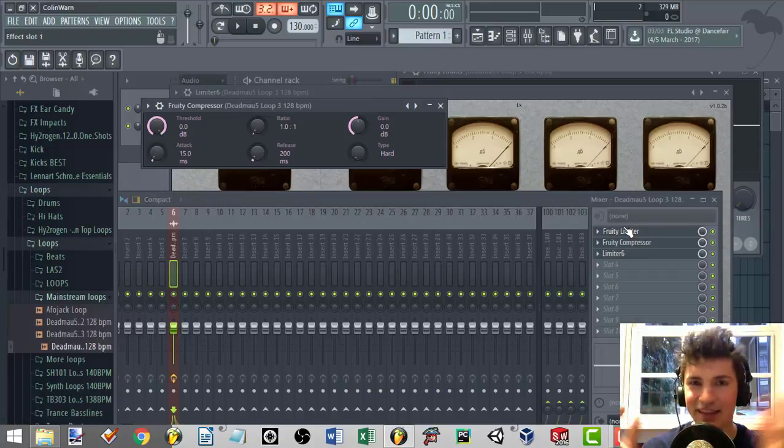So before we even get into what all the knobs do, we need to remember why we are using compression. It's no use just throwing plugins on because I like seeing long stacks of effects on my channel rack. All you need to know about compressors: compressors are automated volume control. That's it. So if you ever have a track, for instance, like we'll have one in the background that we'll be using for this,